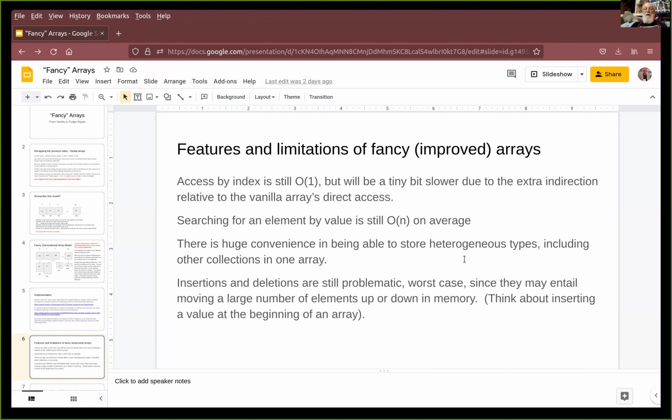In fact, you can have an array that has other collections within it. So you have an array of arrays, or array list of array lists, or a list of lists in Python. And that's a very powerful data structure. And we'll actually be using some of that functionality in an upcoming project. Insertions and deletions are still problematic, worst case, since they still may entail moving a lot of data around to make up for